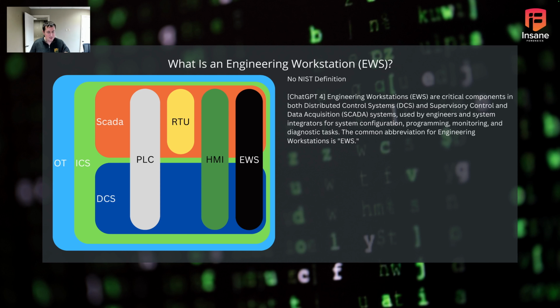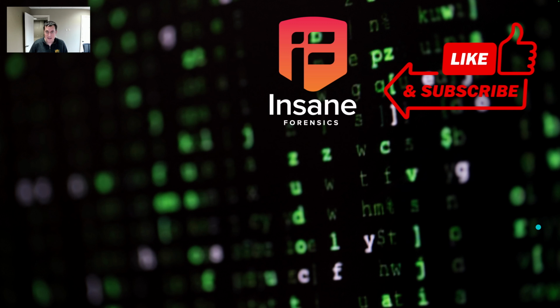And an EWS goes across both the SCADA and DCS bounds. So what we wanted to provide today was a series of basic terms: what they are, where they're used, and the different definitions between NIST and what GPT ingested based on its knowledge set. Hopefully this helped you understand the breadth of terms that are out there. People will use these terms interchangeably, so you have to be somewhat flexible on who's using it, how they're using it, and what they refer to. But it's also important to be mindful that these actually are defined. So technically there is a community-agreed consensus on that.